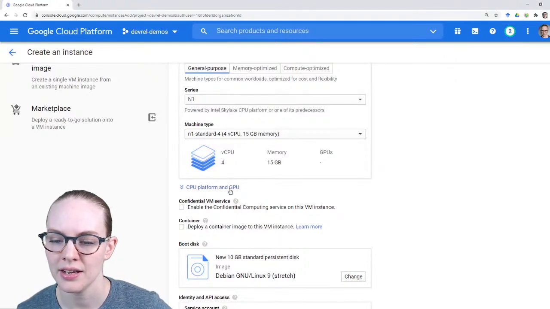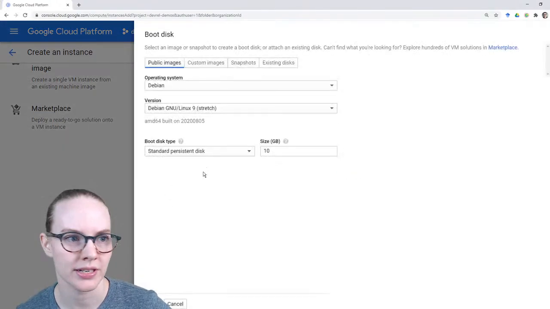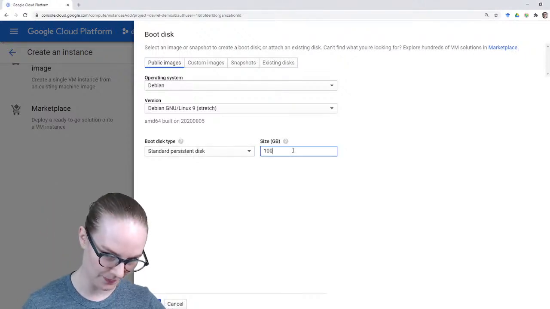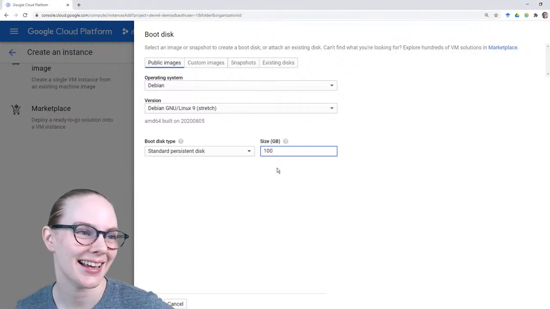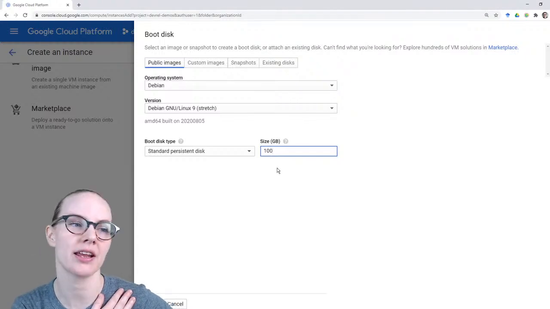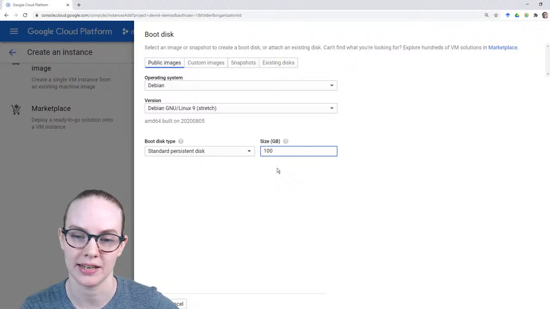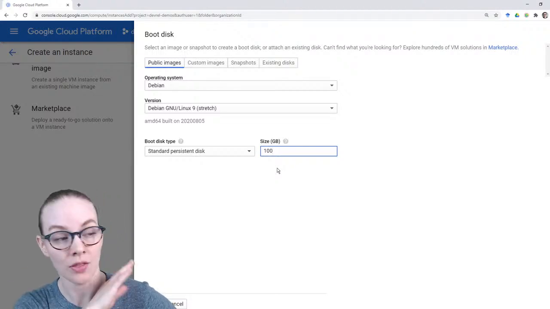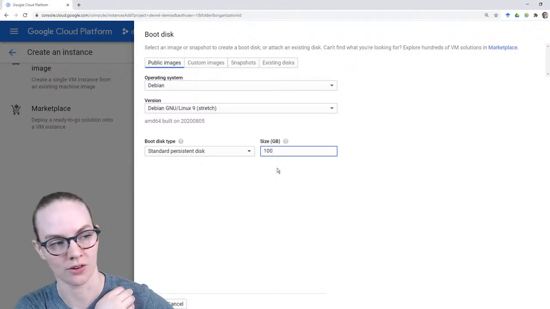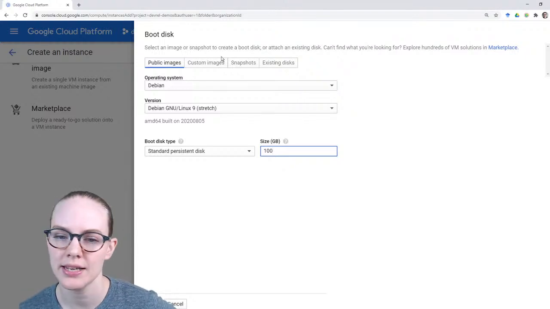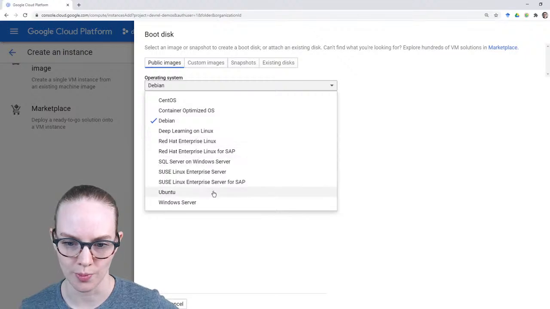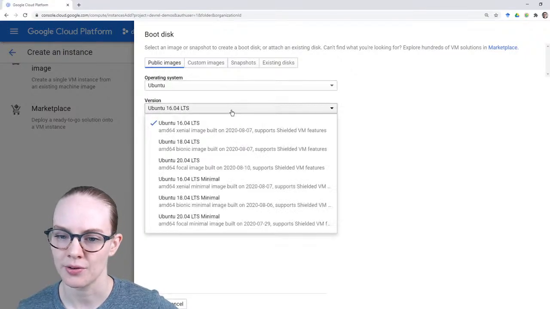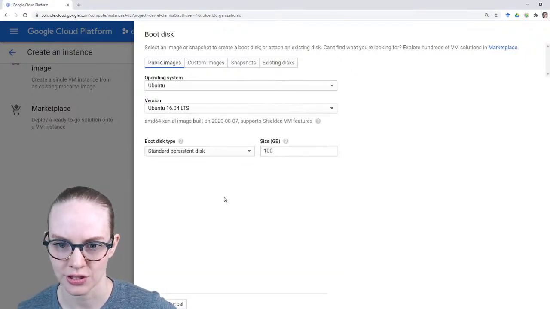And then I'm going to change the boot disk, so I'm going to add an order of magnitude more memory, because once we have our system up and running, all of the conversations and everything that people do that we store will be stored in our VM. So we want to make sure it's pretty hefty. And then I actually prefer Ubuntu, and then we're going to go with 1604. That looks good to me.